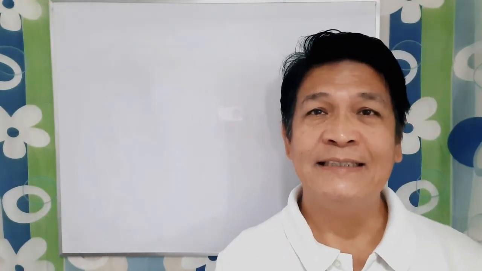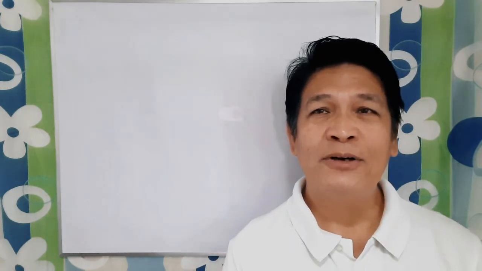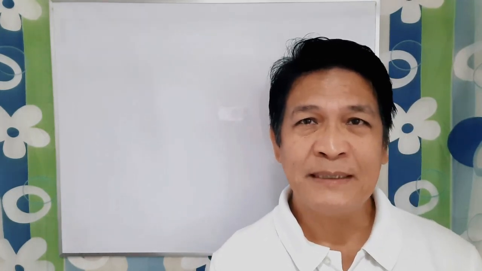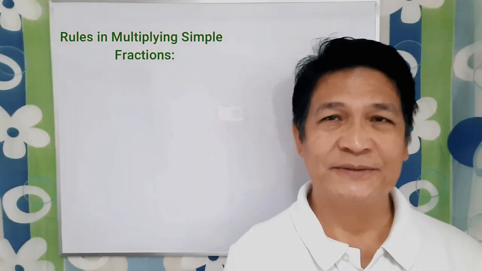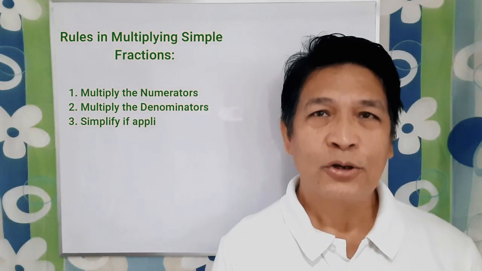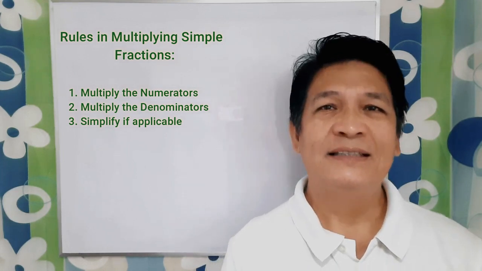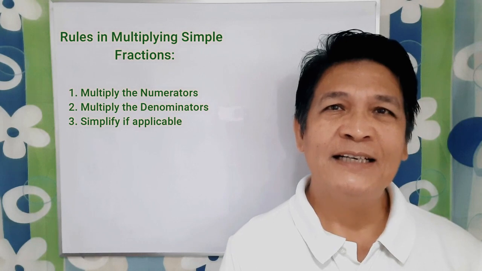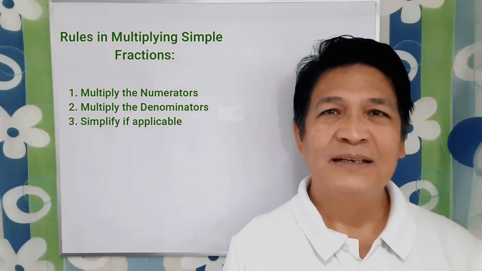Atin munang tatalakayin kung paano mag-multiply ng simple fractions. Pero bago ang lahat, atin munang pag-usapan kung paano ba ang pag-multiply ng simple fractions. Ito ang rules. Rule number 1 is to multiply the numerators. Number 2, multiply the denominators. And number 3, simplify. Example number 1 is